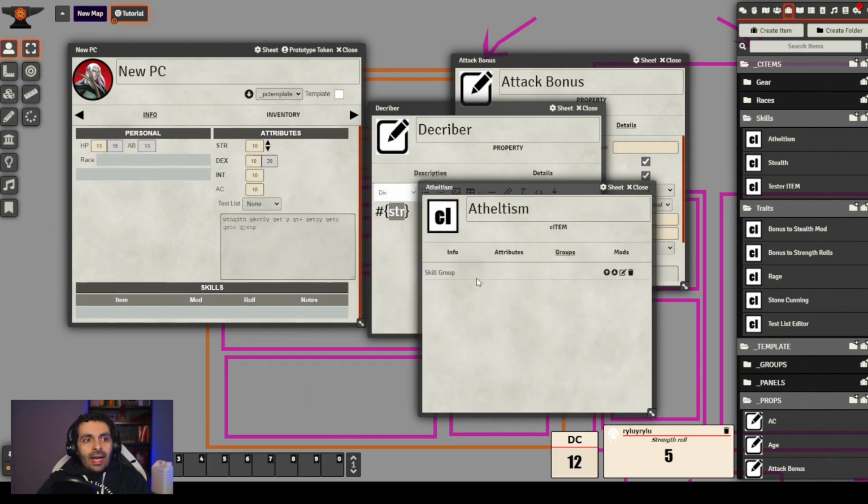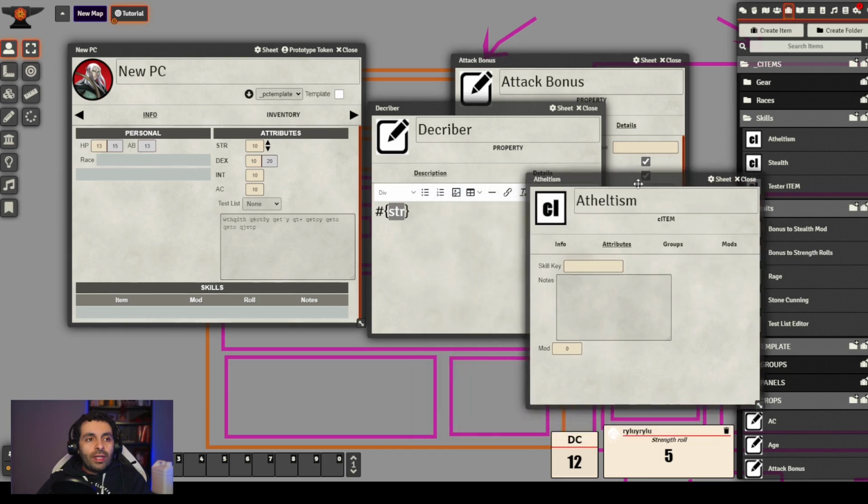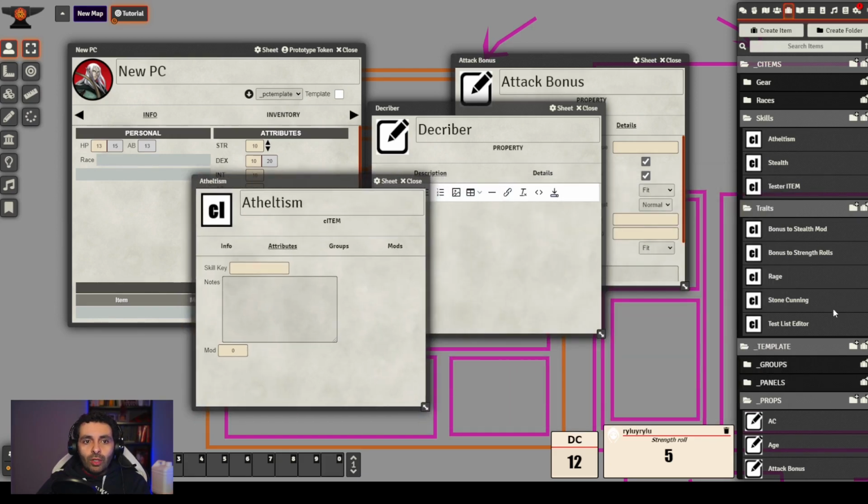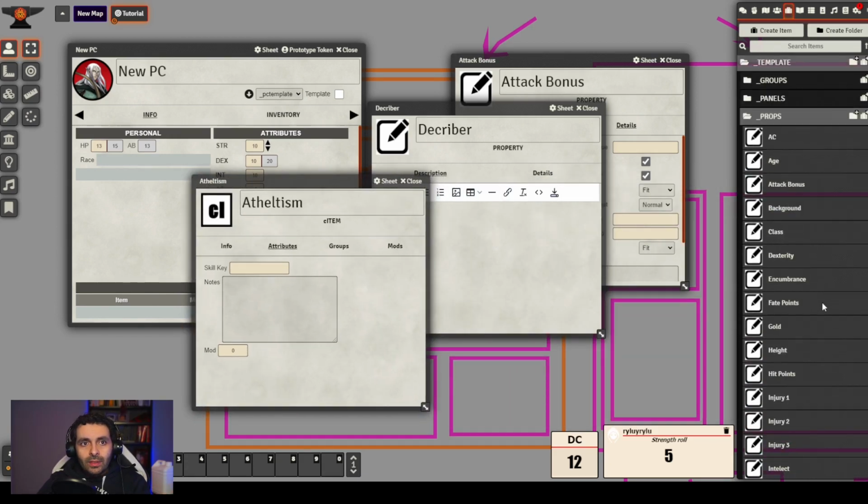The skill group has 3 properties. We can reference any of those 3 properties by using hashtag plus the key of any of those 3. So let's use mod as an example.